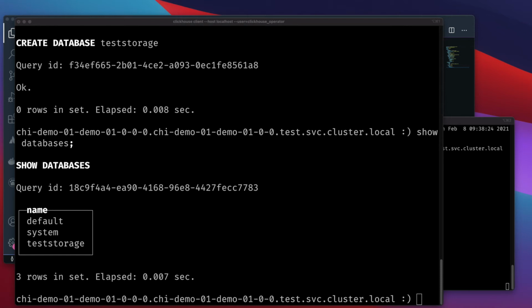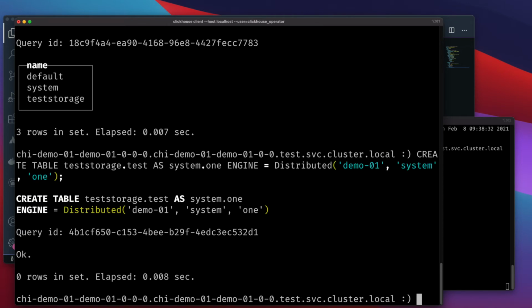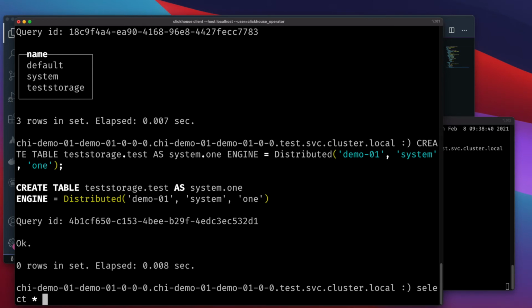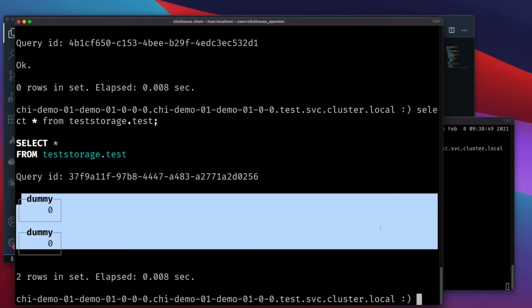Create table teststorage.test as system.one. And select all from teststorage.test. There's our table.